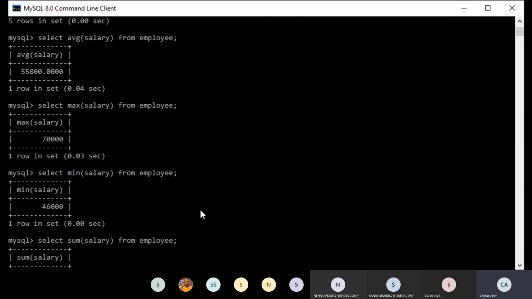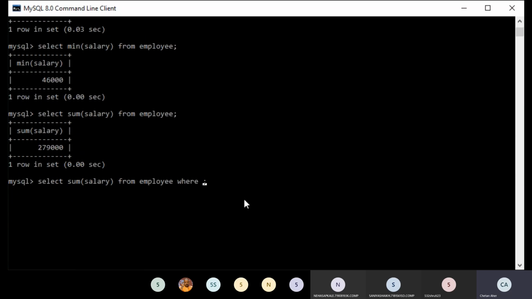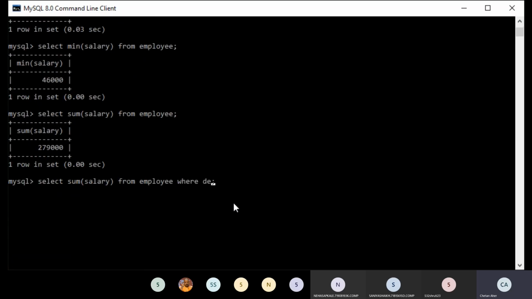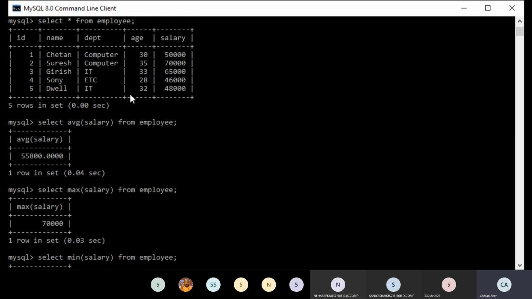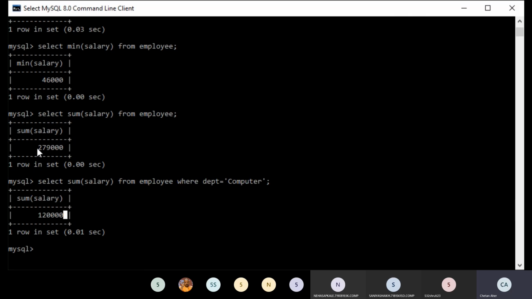We can check the total sum of the salary spent on the computer department. So you write where the column name dpt equal to computer. You have to mention the value in quotation marks. It will return the summation of the computer department only.